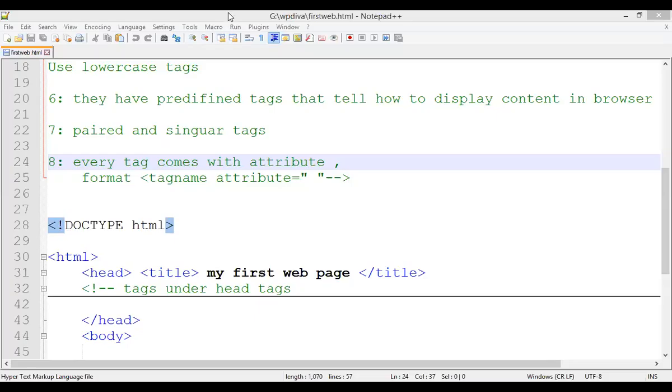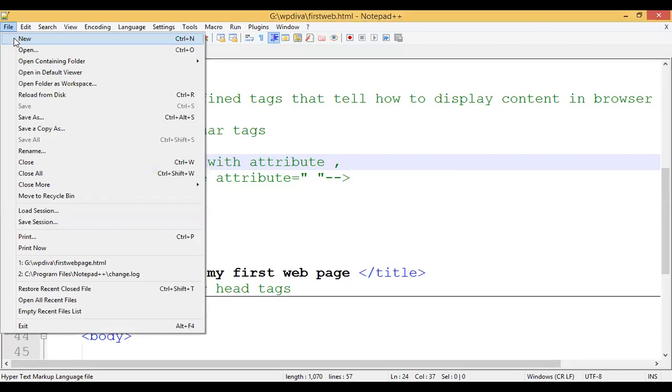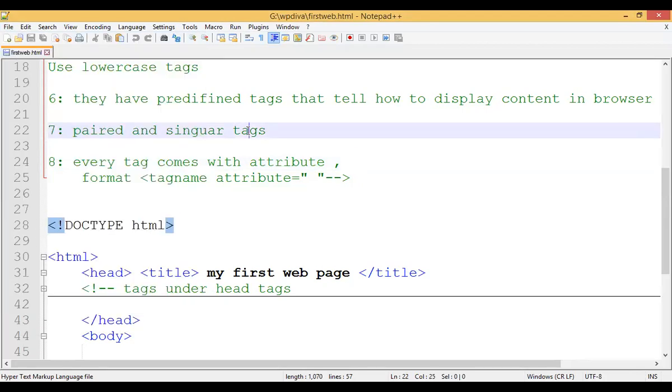That is the explanation of how to write the structure of an HTML document, right? Explanation of the structure of an HTML document, right? So once again, we will see the procedure. What we did is we went to File, then I went to New. Okay. So after going to New, what did I do? Do you want me to show the execution of a new file? Let me create a new file and show you.